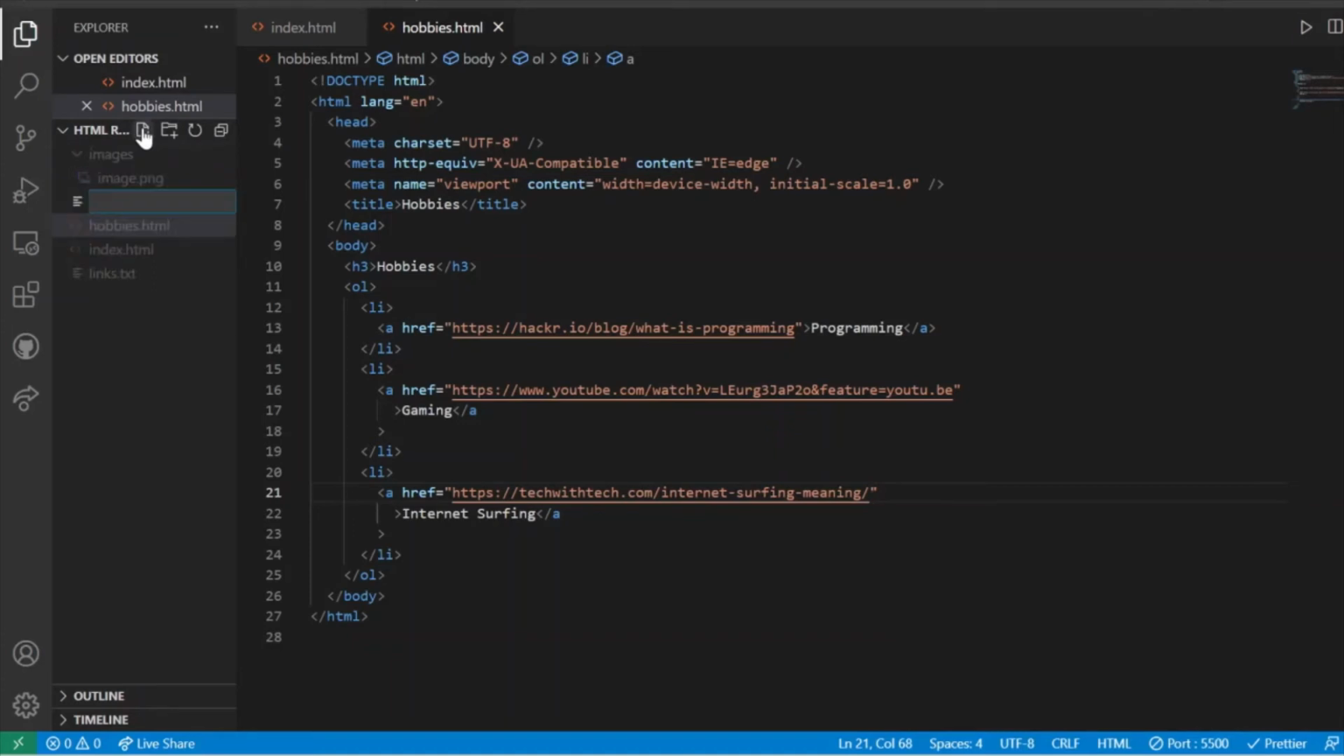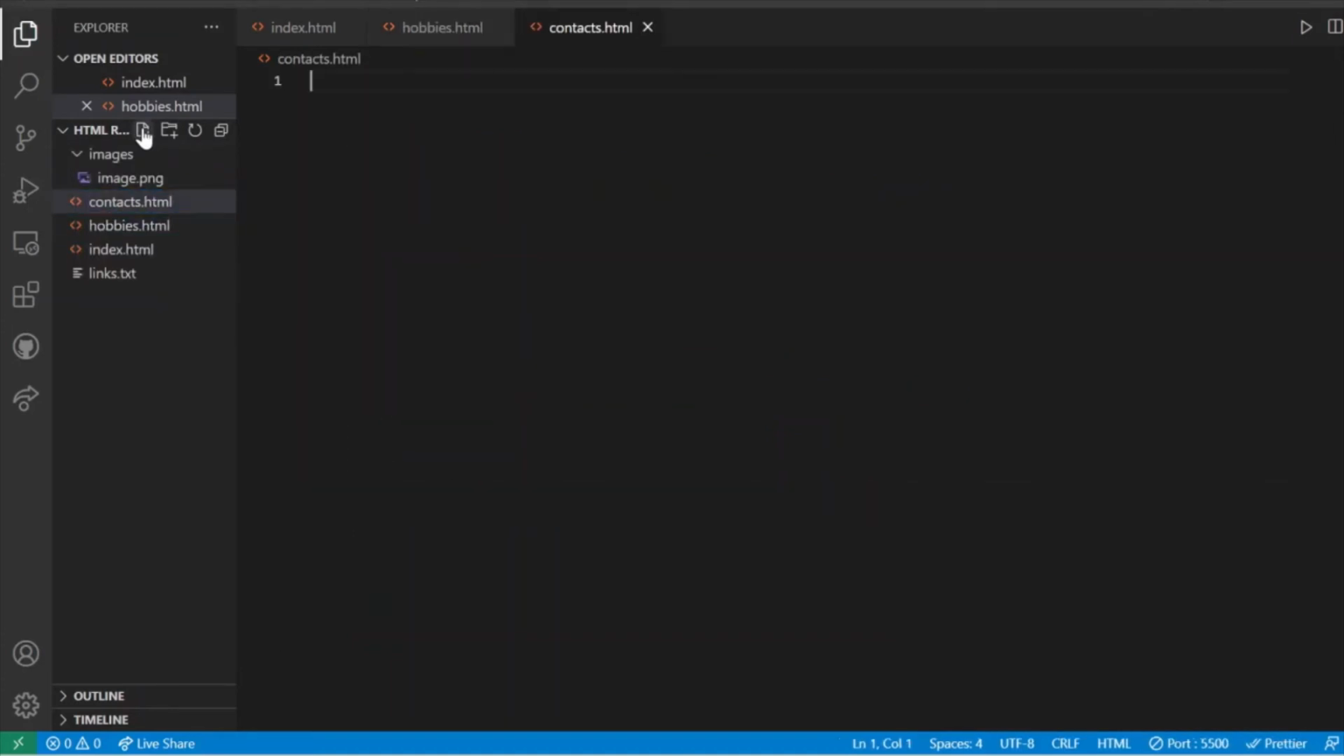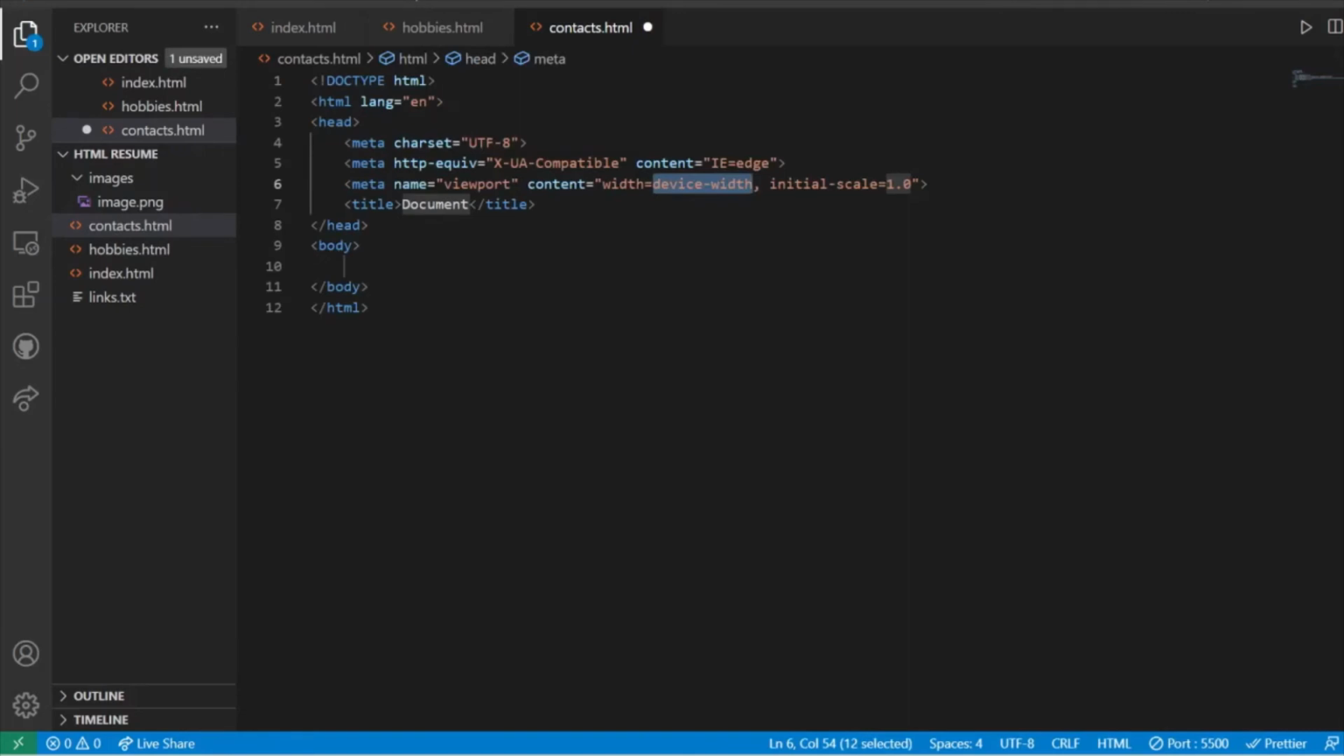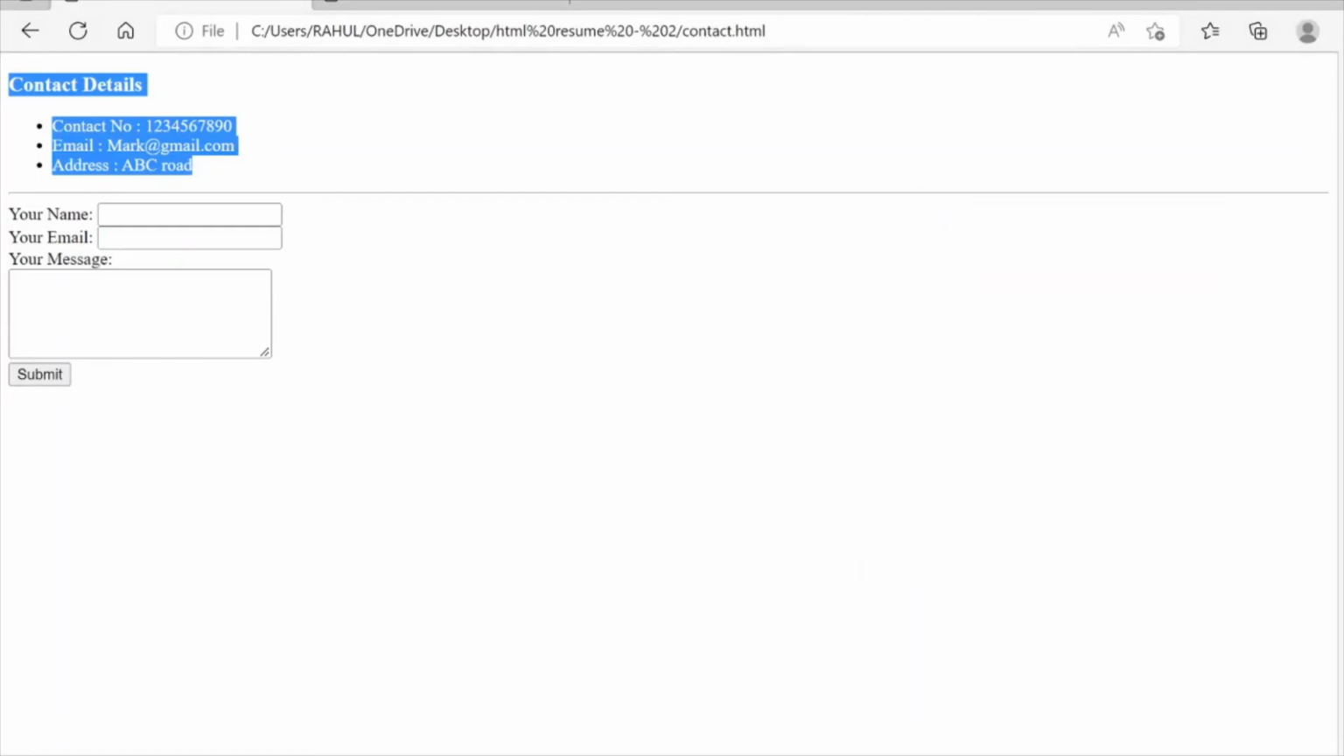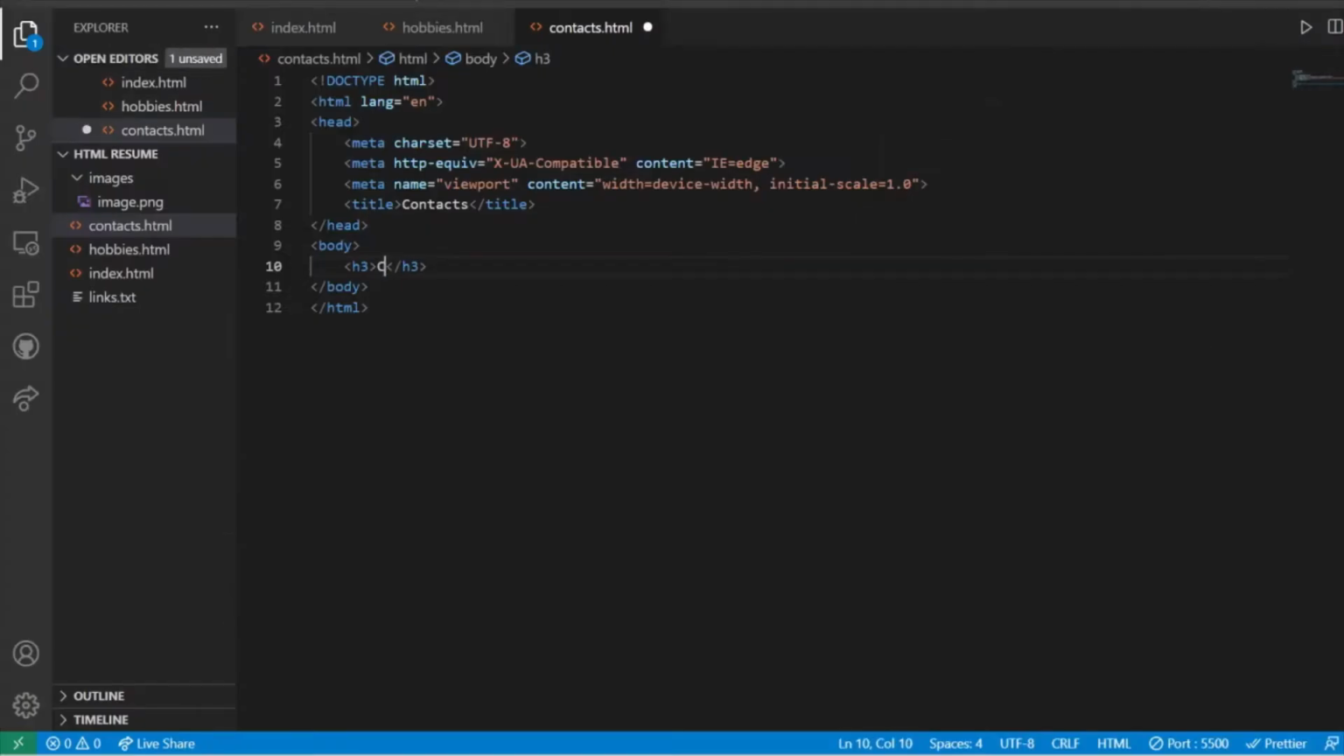In a similar way, I am going to create contacts.html. So I have another file, contacts.html. I am going to add the boilerplate. This page will be contacts. In the body section, I am going to have a heading h3, which would say contact details. So contact details. Once this is done, I am going to hit save,